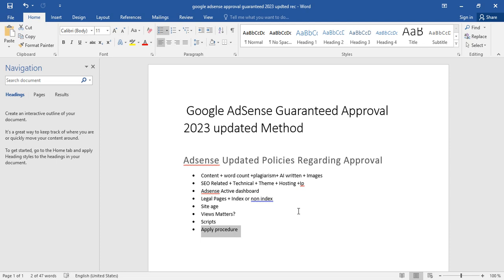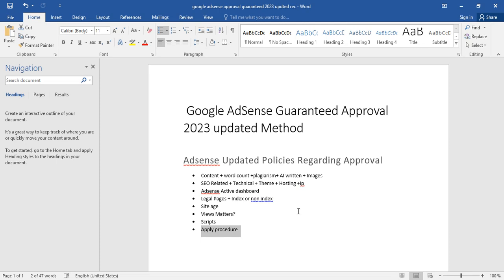I suggest always creating a new account from someone else's device, not associated with your old AdSense. Changing your IP is good. Then go to AdSense and add your site, copy the code and put it in your WordPress or your website, whatever your CMS could be. Put it there and then apply.